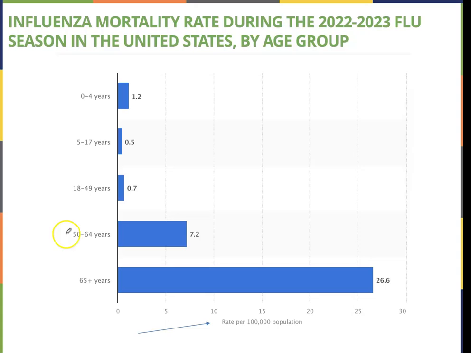In this, this is looking at the mortality rate of the flu. So the flu does kill people, as you can see in this chart. Usually they do it per 100,000 of a population. So this is the rate. And we have clearly the older population is more susceptible to die from a flu infection, which is really important to get your older adults in your life vaccinated.